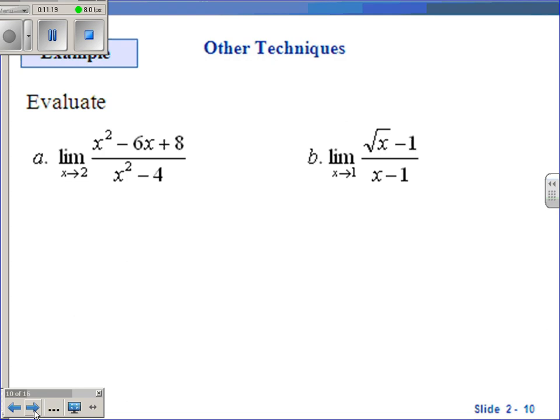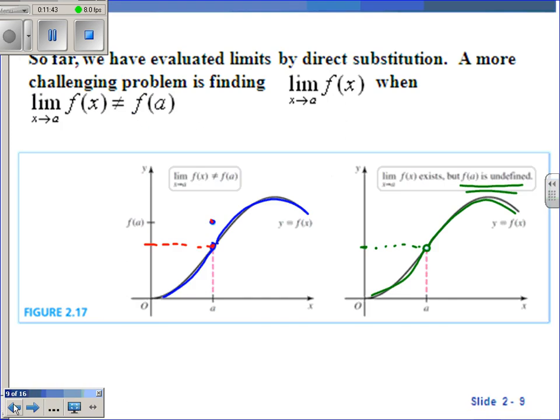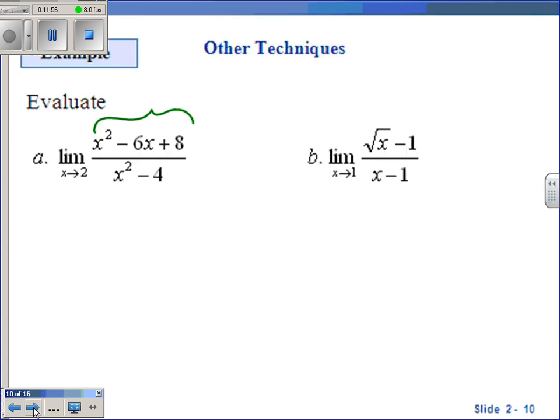So what I'm going to do in this case, when you see that you have a denominator that's 0, try factoring and see if you can eliminate what's causing that denominator to be 0. Because if you remember graphing these kinds of rational functions, just because the denominator was 0 doesn't mean you had an asymptote. Sometimes it was just a hole in the graph. And if we just have a hole in the graph, like in either one of these two problems, the limit's still whatever the y value would be there. So we can actually get rid of our hole by factoring and reducing the